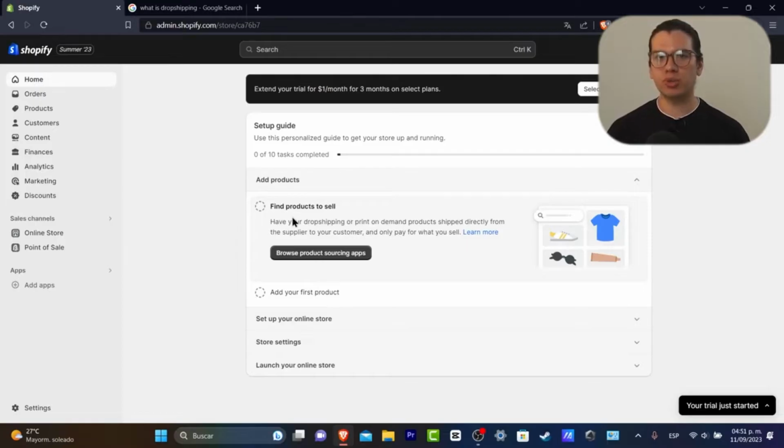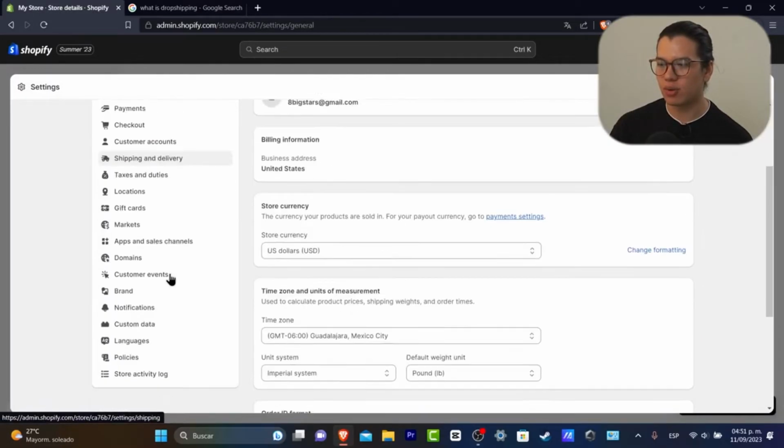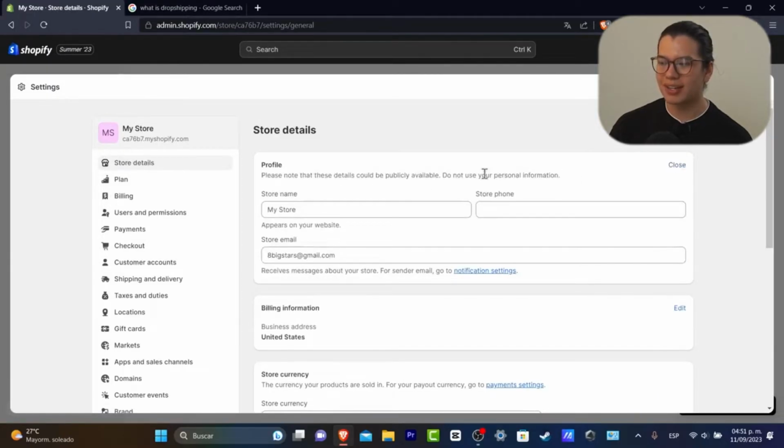Usually what I do before I continue is to go directly into settings. Now here in settings, what I want you to do is to locate the store details. Now in store details, I'm going to go here into edit. I'm going to change my store name. So here what we can do is to try to change, let's say for example, L month,